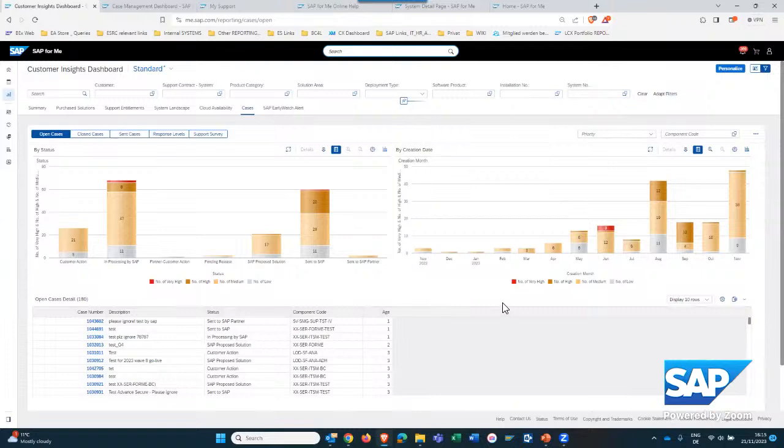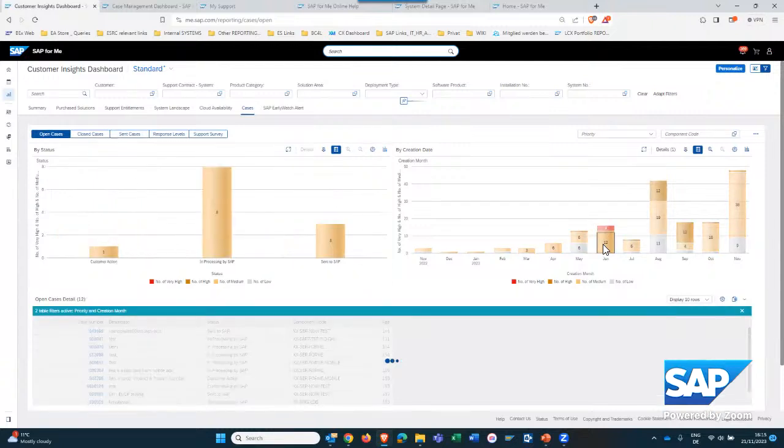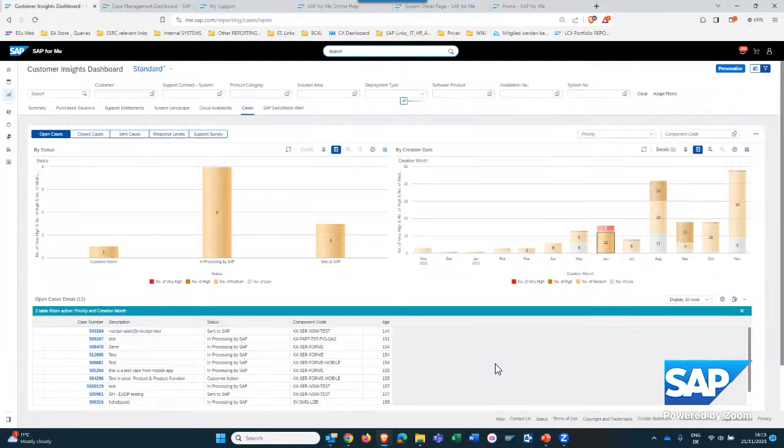The second graph shows the open incidents by their creation date. So here you can easily find the long runners. You see, for example, that in June, not only 3 priority very high tickets have been created, but also 12 tickets with priority medium. If you want to analyze what the reason was, you could also customize the table